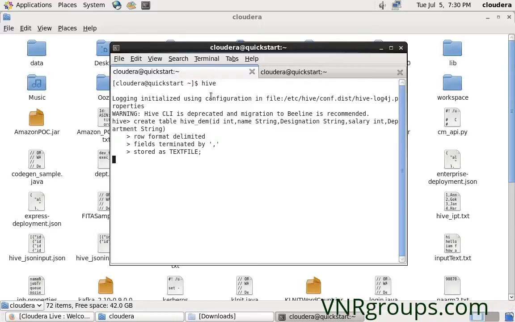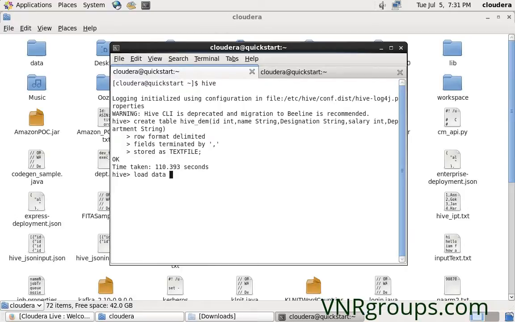Yes, we have that query, but that is the next statement we are going to look at. First I have created an input data file separately, and I have created a table matching the schema of that file. So I've done the initial two steps. Now the third step is to load that data into this table. For that, I have a command called load data. Here, we don't have separate Hive local mode and Hive HDFS mode commands to log into the Hive shell.